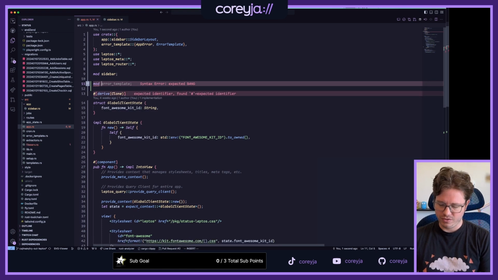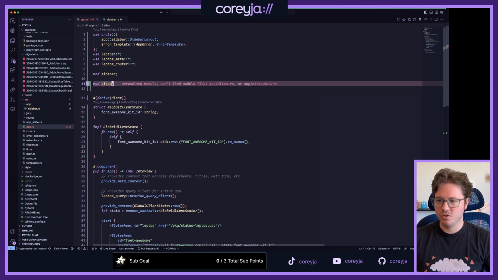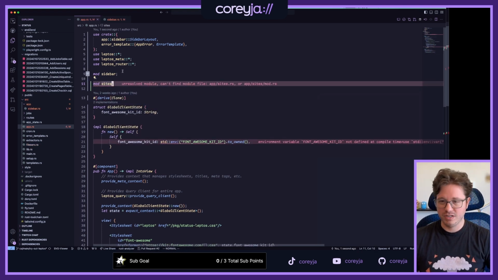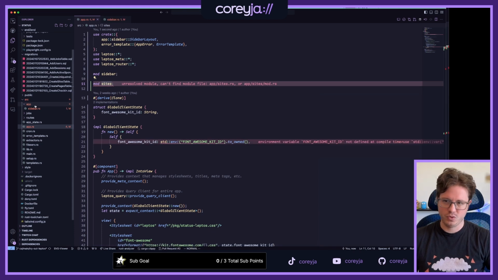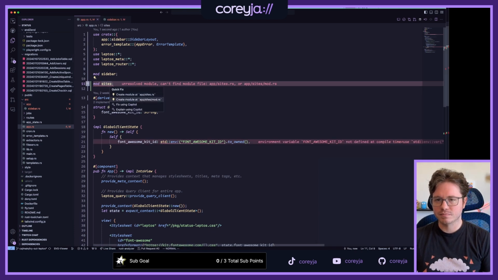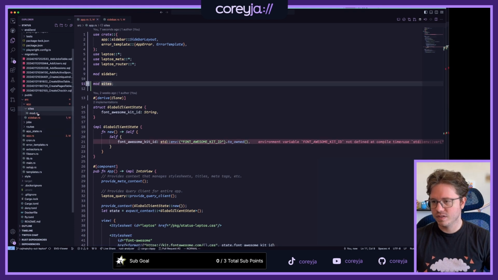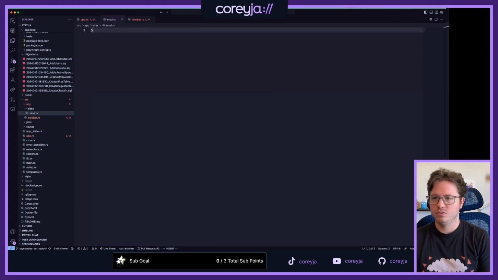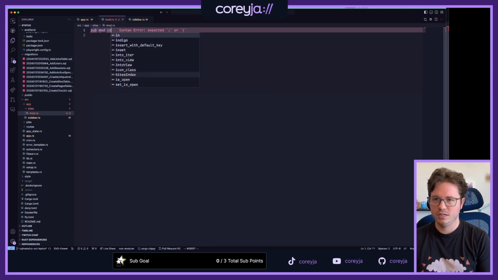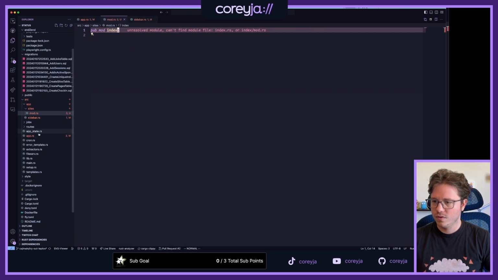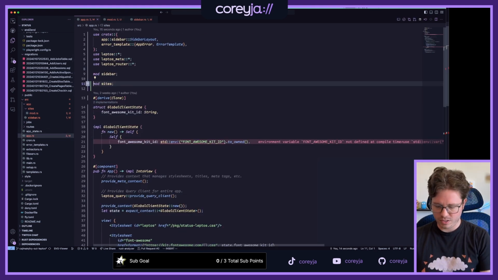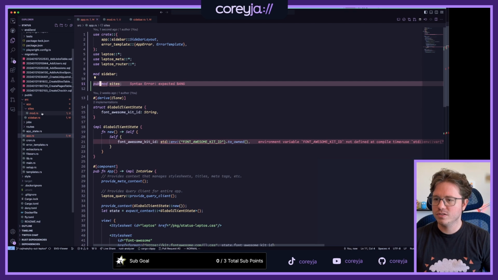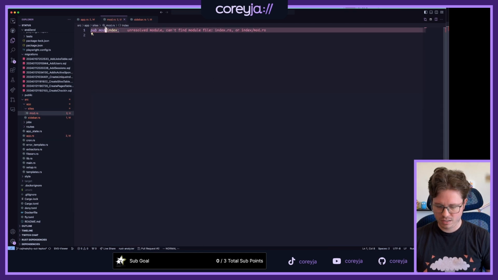Mod, what am I doing? Sites index or just sites? Maybe we'll just make a sites. Then we'll have an index under that. Do I like that? Do I not like that? I don't know. Let's make this. And then in the mod, we'll do pub mod index. This wants to be a public mod too, just because everything wants to be able to get in here if it feels like it.